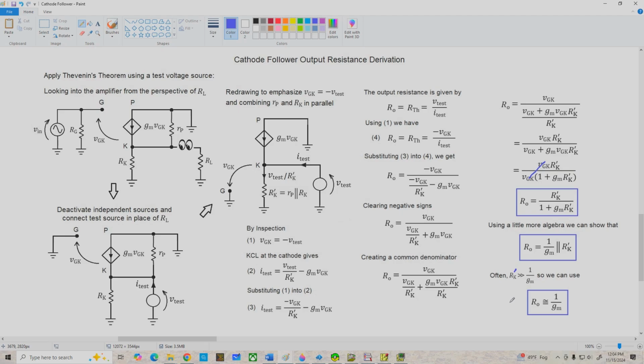Now, I thought about doing the derivation for the input resistance of the cathode follower with a split cathode resistor, but when I sat down and really worked through it, it was just so long and tedious. There was no way I could avoid solving a bunch of simultaneous equations, and it was really painful. So I'm not going to subject you to that today. Maybe sometime in the future, if I lose my mind, I'll present a video showing that, but for now we'll just let it